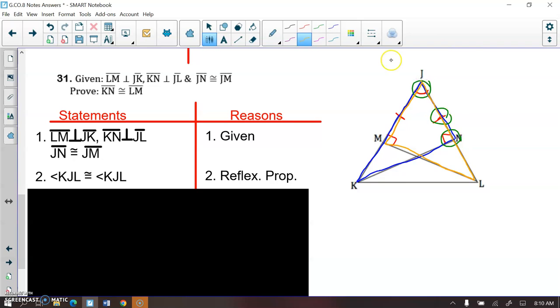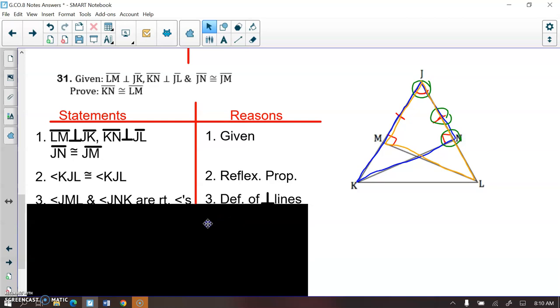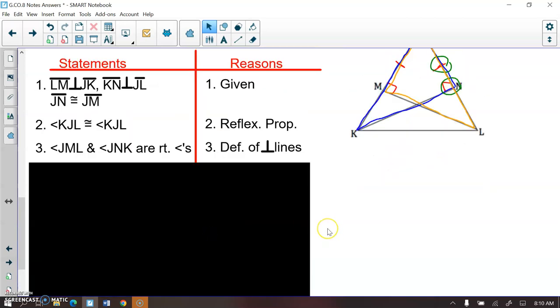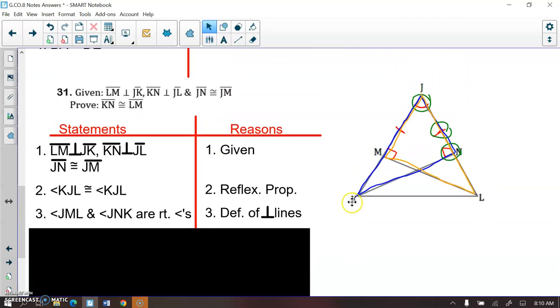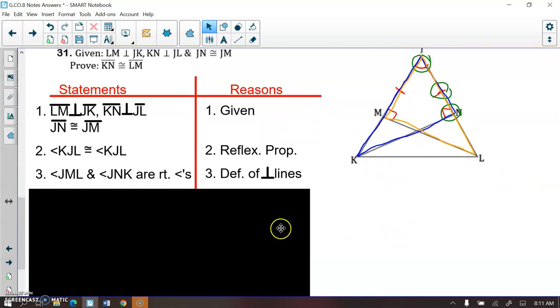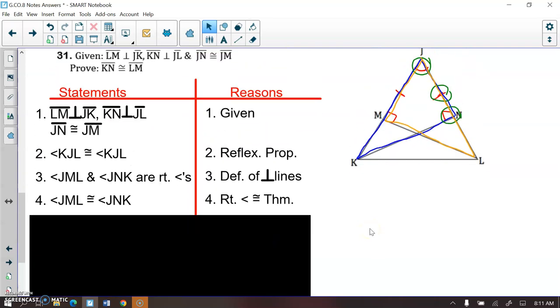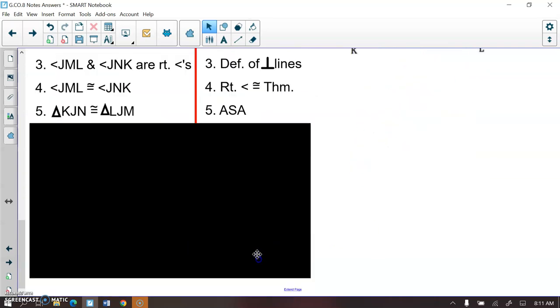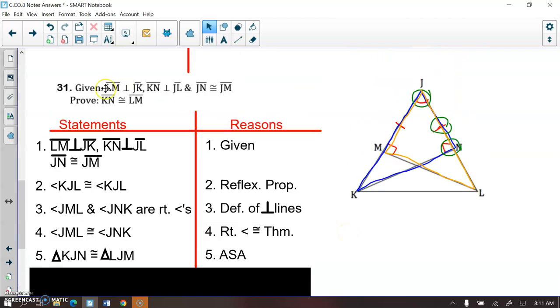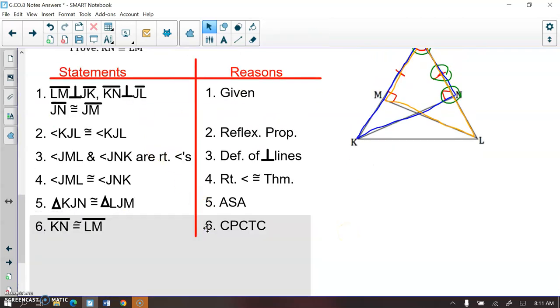Same thing, ASA. So I need to state that my right angles are congruent, but first I need to state that they're right angles. So by the definition of perpendicular lines, angle JML and JNK are right angles, and then by the right angle congruence theorem, they are congruent. Then the triangles are congruent by ASA, and then I can say by CPCTC,